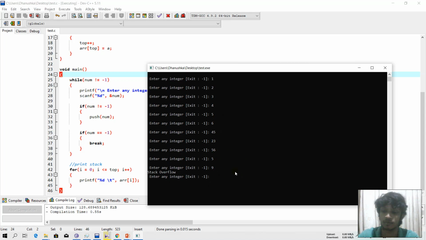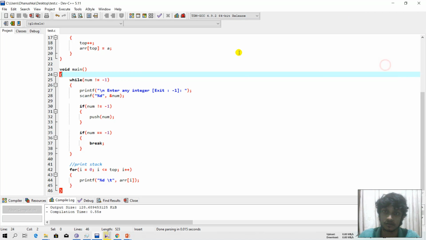Therefore he can't insert another value into that stack. If he tries to insert another value, it will say stack overflow. Therefore he can simply perform the exit function and end that procedure. So this is basically how the push operation works.